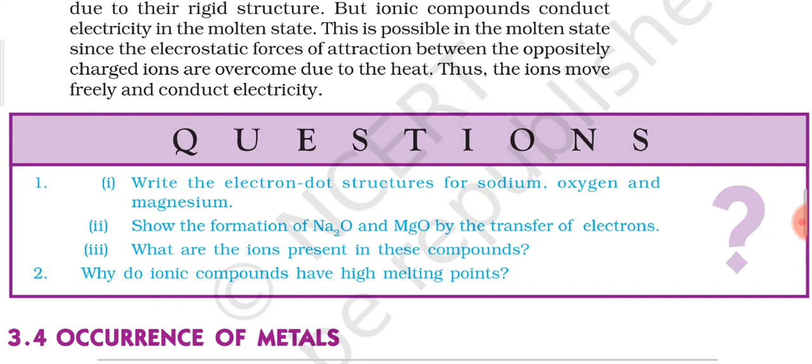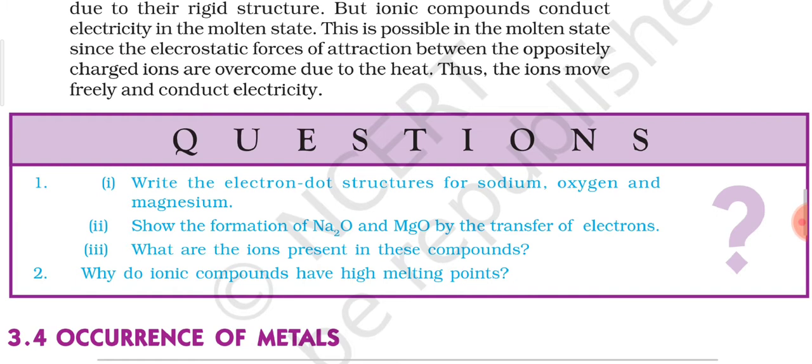That means the first step which we were using for the formation of an ionic compound, that only you have to write. If you remember, in the first step for the formation, we were using only the symbol and the valence electrons of the element, and then we were also showing with the help of an arrow the transference of electrons from metal to non-metal. So here, when you only have to write electron dot structures for different elements, it can be a metal or a non-metal. You only have to write first the symbol and then the number of valence electrons, which you can represent either with a dot or a cross.